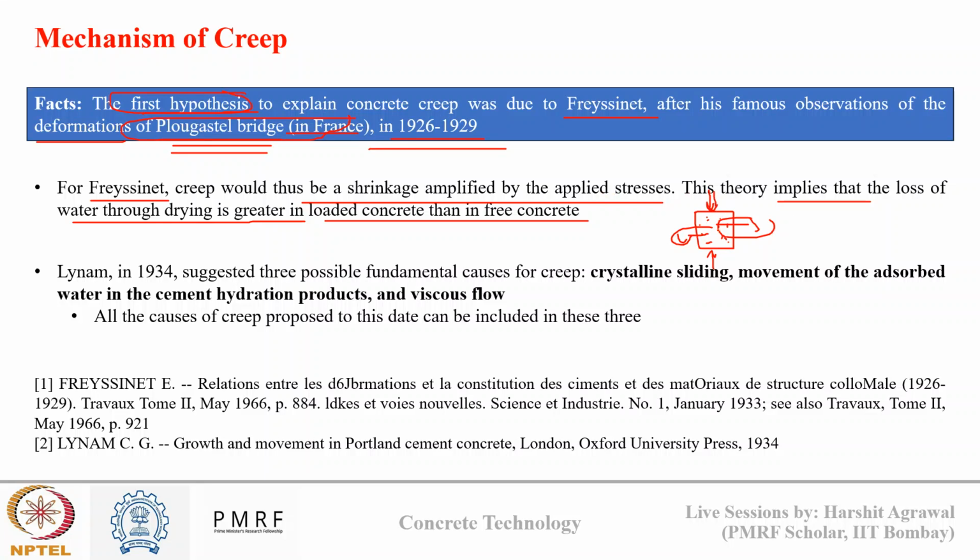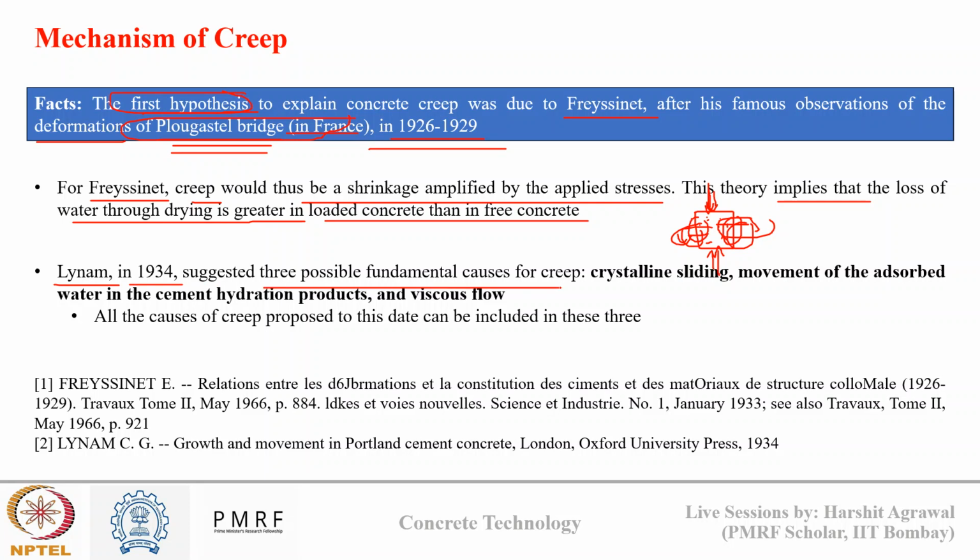So if there is no stress, this loss of moisture will occur at a smaller rate. But since we have applied some stress on concrete, the loss of moisture is occurring at a higher rate. So shrinkage of concrete is occurring at a higher rate, and that is known as creep in concrete, according to this scientist. Then another scientist named Lyman in 1934, he suggested that creep failure can be due to